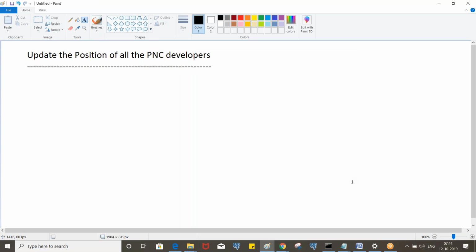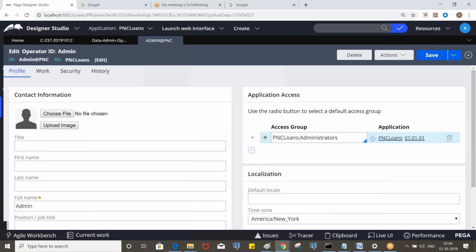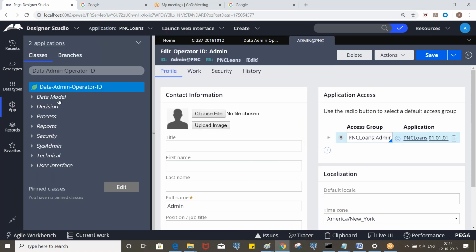So we are not invoking it anywhere; we will create a standalone activity, and if we run that, it has to update. Okay, so you can create it in any class. Let's create it under data admin operator ID itself. Okay,